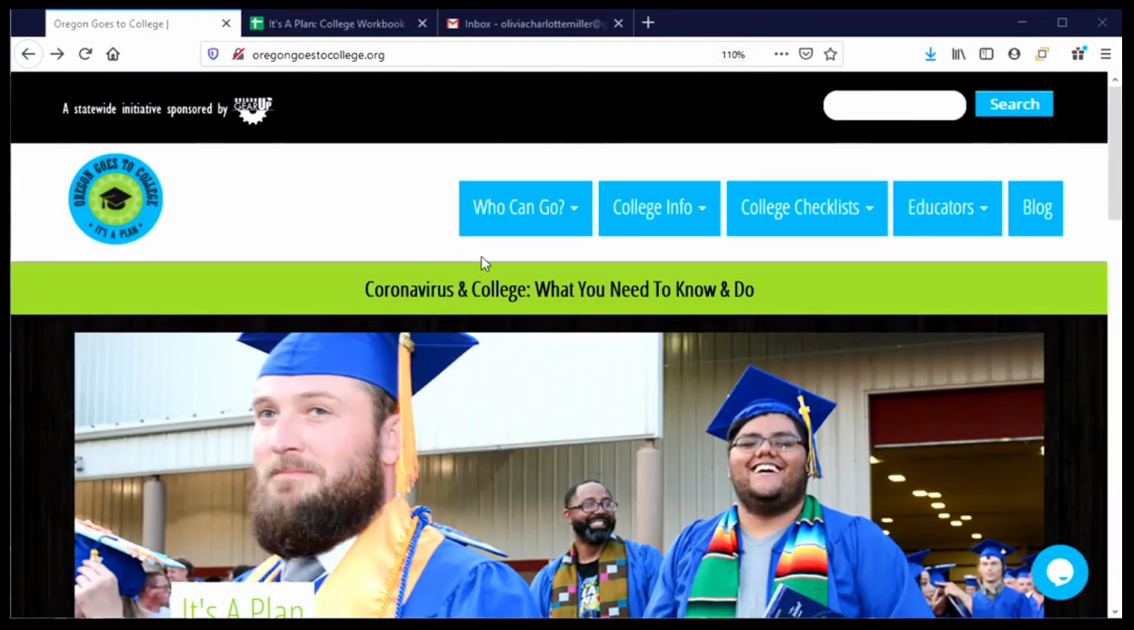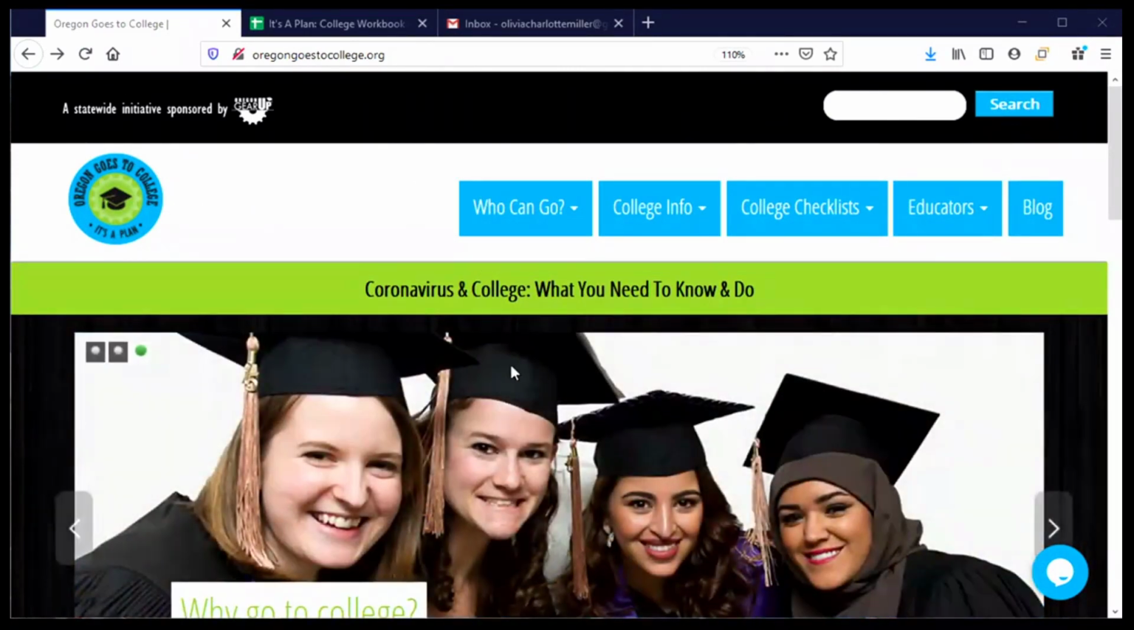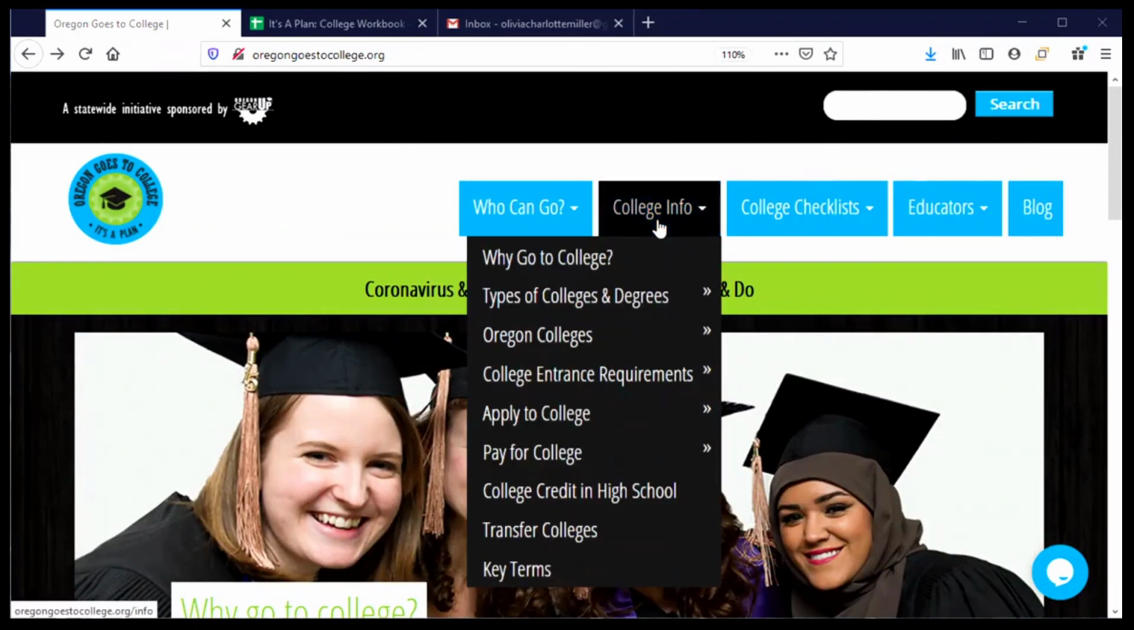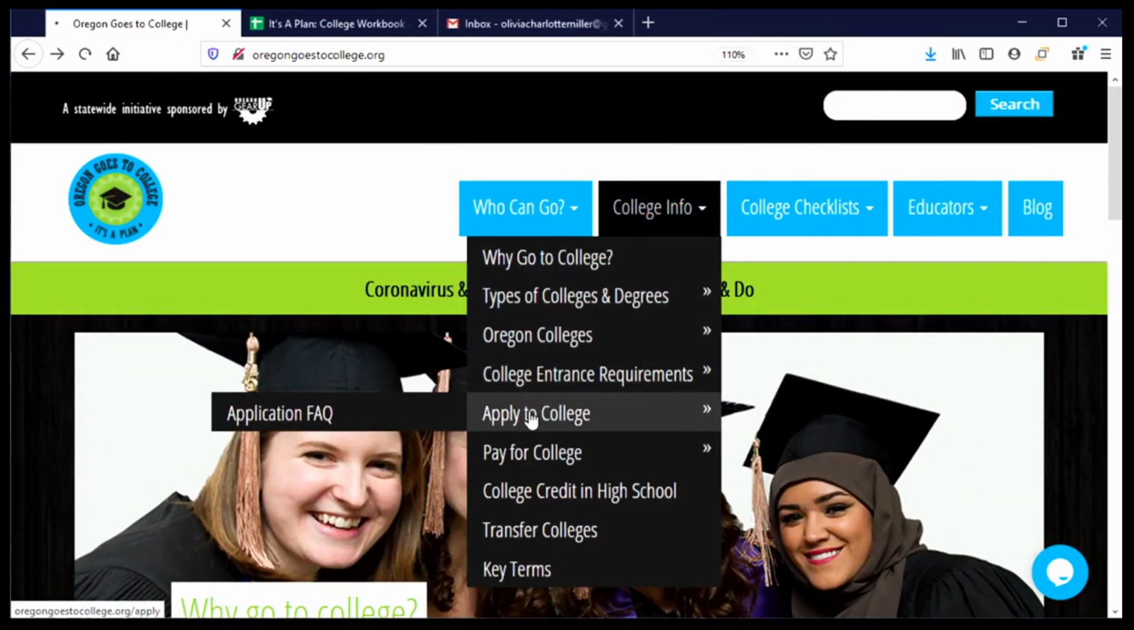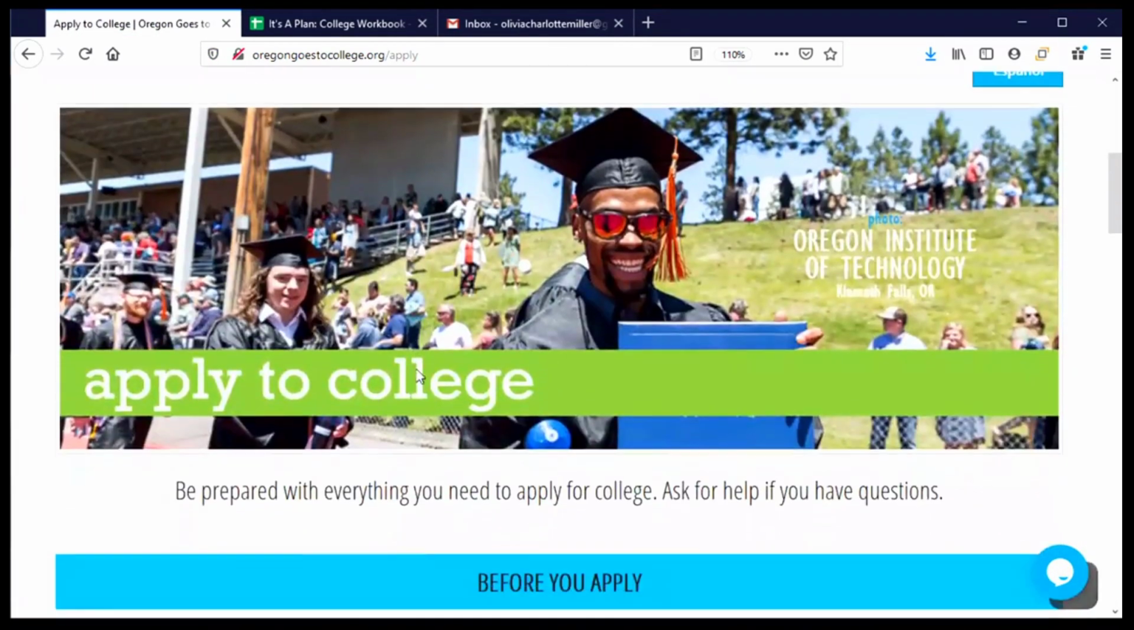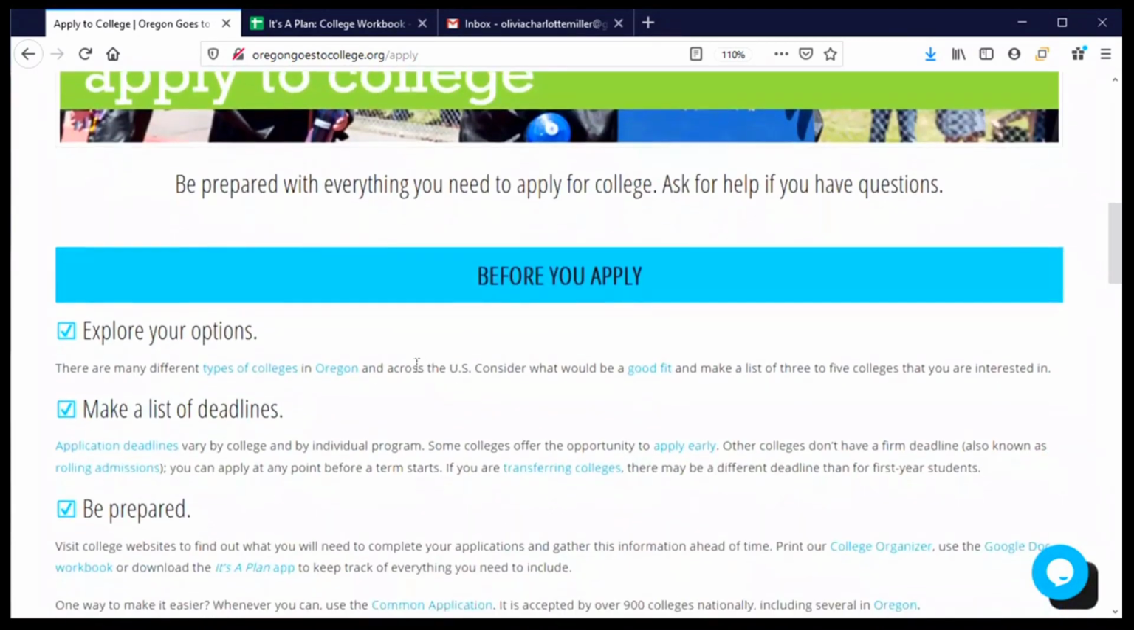apply to Western Oregon University? We'll start on the Oregon Goes to College website. From the College Info menu tab, select Apply to College. That takes us to a page that has a lot of really good information about what we can do to